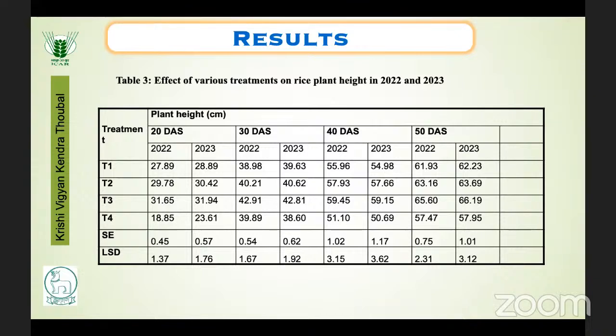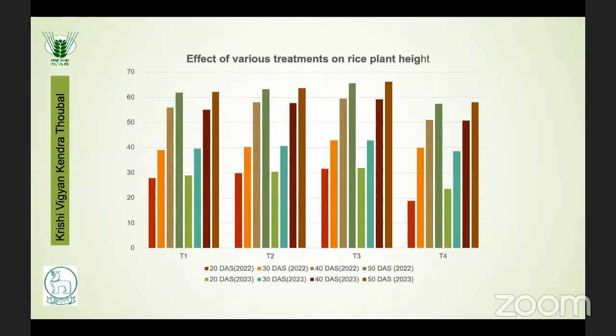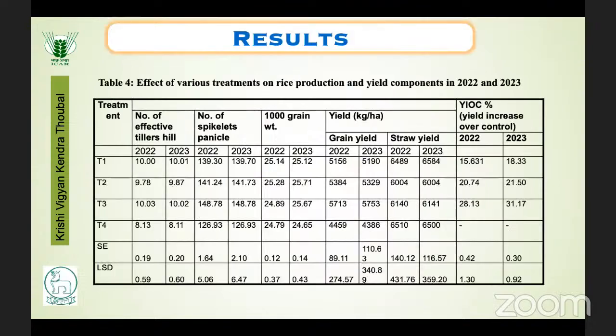This is a plant parameter. Here we can find that treatment number 3 was found to be slightly significant, slightly higher in value when it comes to plant height across 4 different intervals, that is 20, 30, 40 days after sowing. This is the graphical representation. And next is the economic part. Here also we can find that the number of effective tillers, number of spikelets per panicle, 100